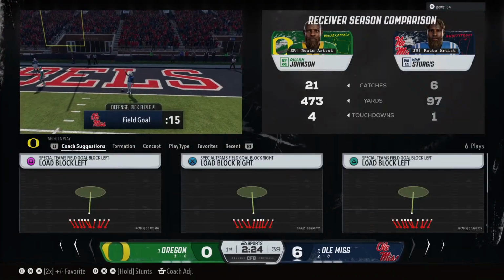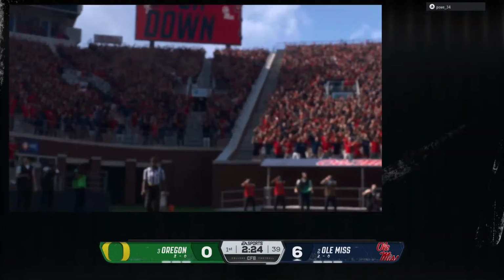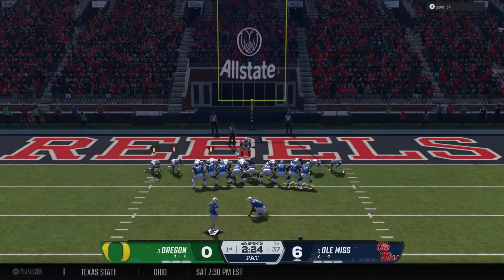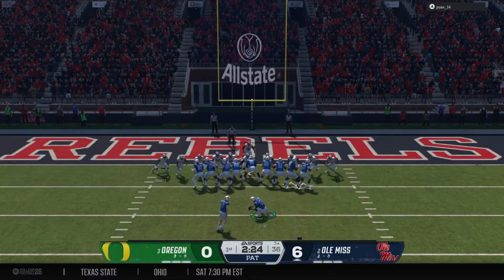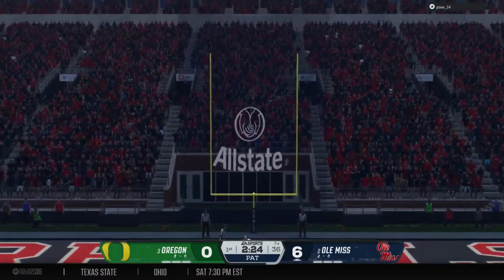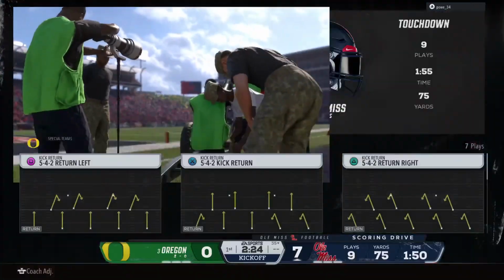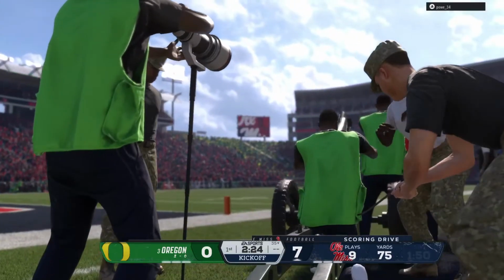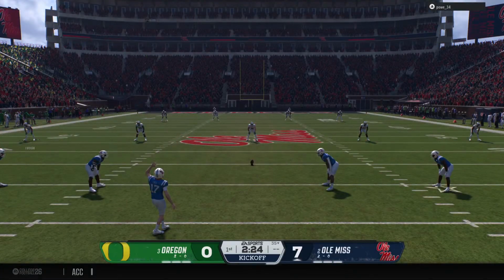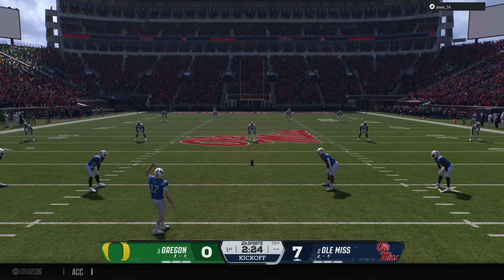Chris, it's a great play by the receiver coming up with this touchdown. Let's go back to the beginning of this play. Give the quarterback a lot of credit. He got the ball out of his hands quickly to get that receiver the football and give him a chance to put the touchdown on the board. And they're able to tack on the extra point. Get momentum after scoring that touchdown.